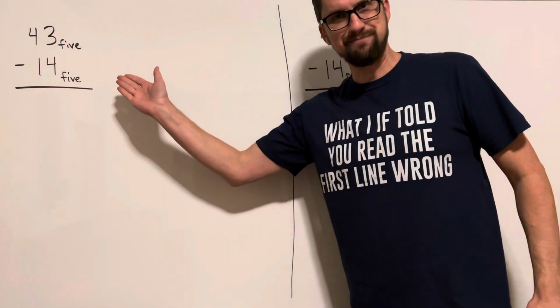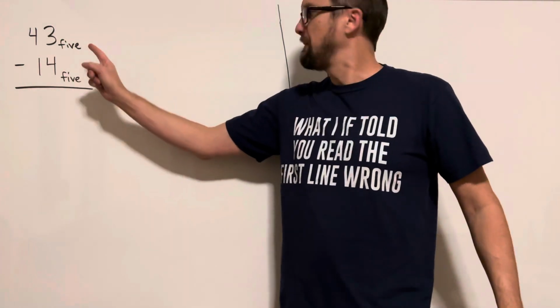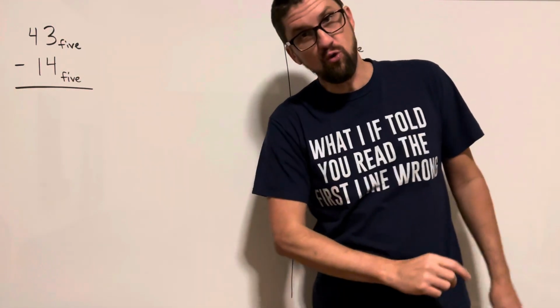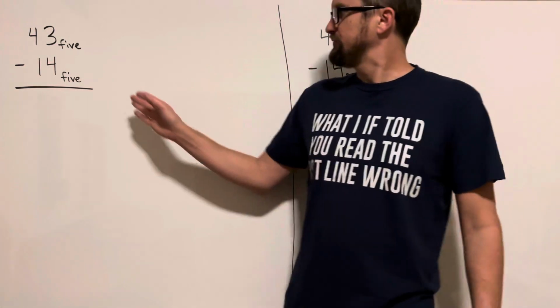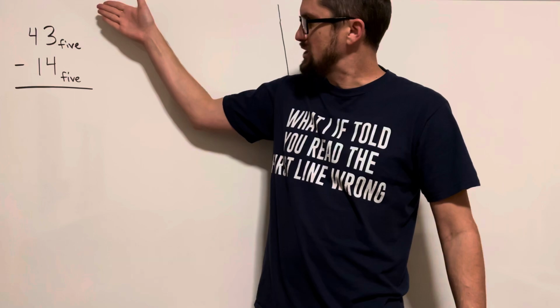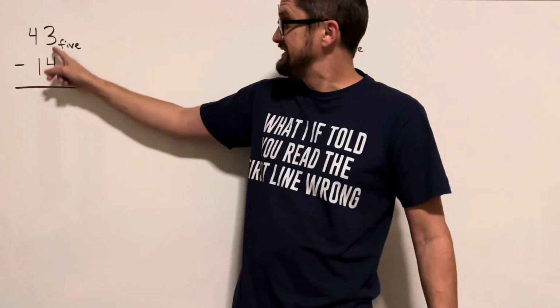Let's subtract base 5 numerals. We have 4, 3 base 5 minus 1, 4 base 5. I'm going to show you two ways of doing this. The first way, I'm going to subtract vertically by borrowing, because in this case,